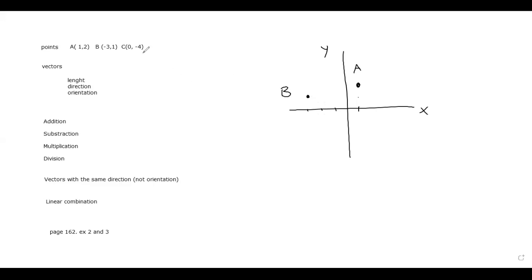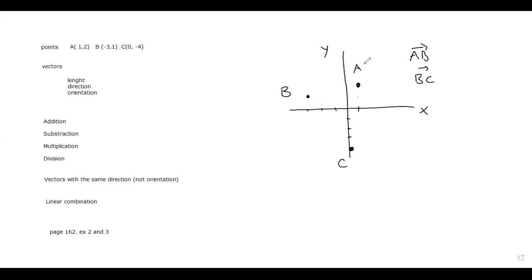And now if I want to draw point C, that would be (0, -4), so I'm not moving in the x-axis, and I'm moving 4 positions down because it's a minus 4. So that's point C. Okay, now, if I would like to calculate vector AB and vector BC,